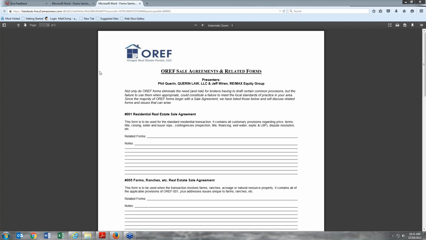Okay, the next thing I'm going to discuss is 045, the historic property addendum. I remember we went through several iterations before we got it right and published it. But the takeaway is that if the property is historic property or will be used as historic property, you as a broker want to make sure you know what you're doing, and certainly the best place to start is to use that form itself, 045, historic property